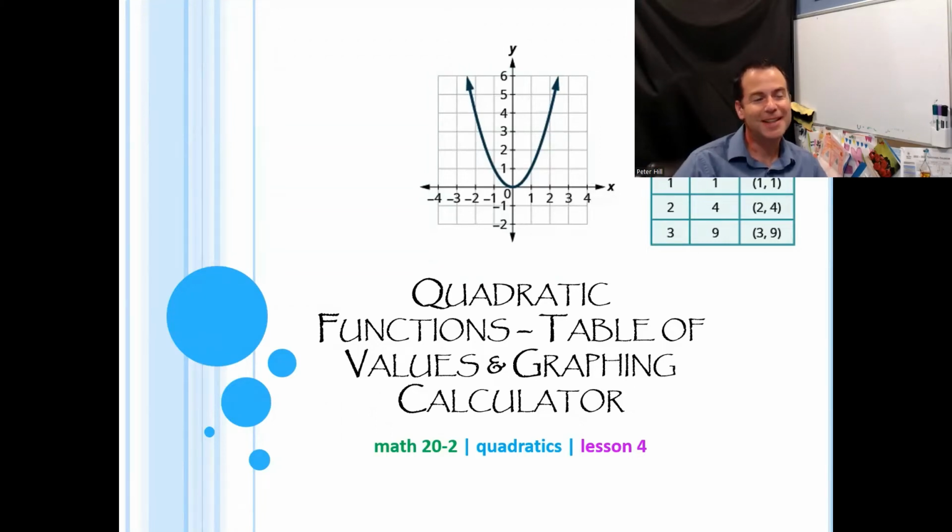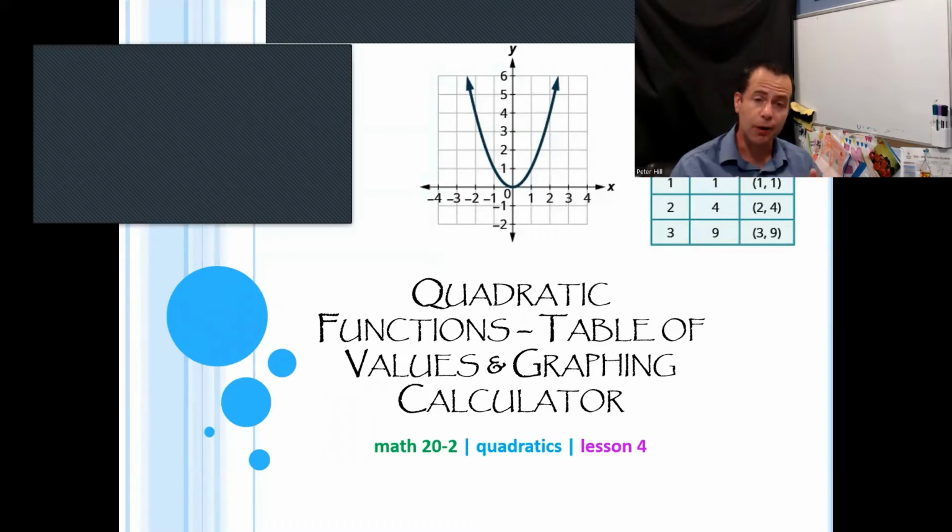Hey friends. So we are now in lesson 4 of our somewhat long unit called quadratics. We're going to do a lot of stuff in this unit. Yesterday we dealt with a factored form, but we also kind of walked through how to draw the graph